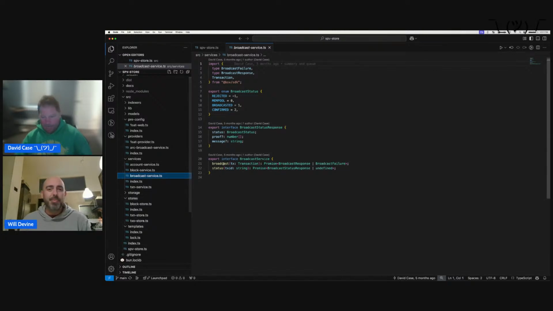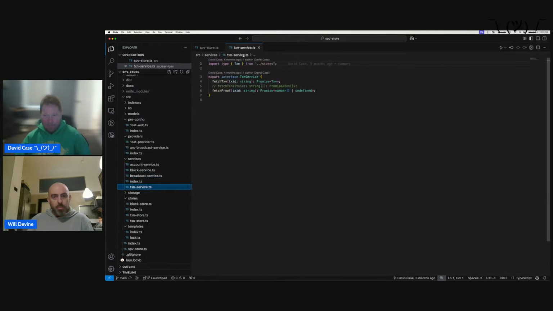So again, broadcast is just basically those two things: send this transaction, and what's the status of this transaction. Now, this is kind of our first, like, okay, interfaces aren't that clean here. Because then I have this concept of a transaction service. And a transaction service is about getting transaction data and getting proofs, but not necessarily through,